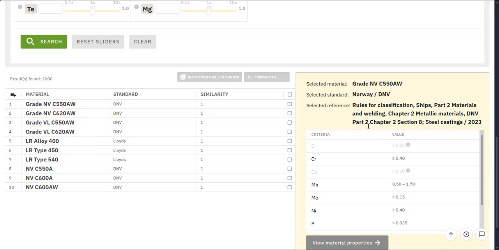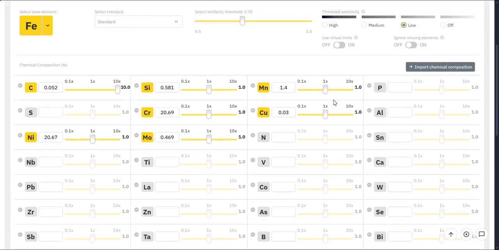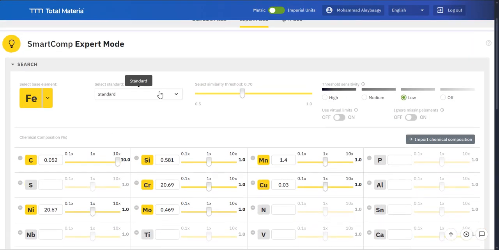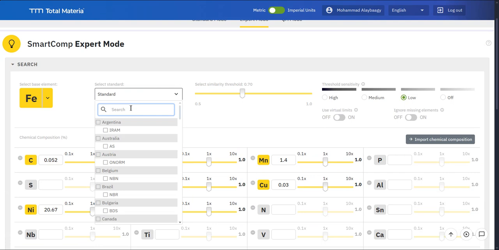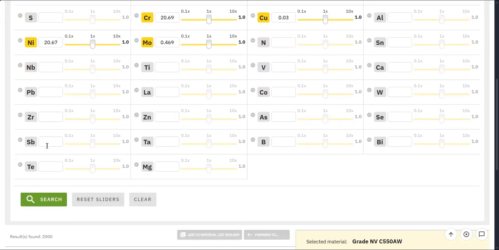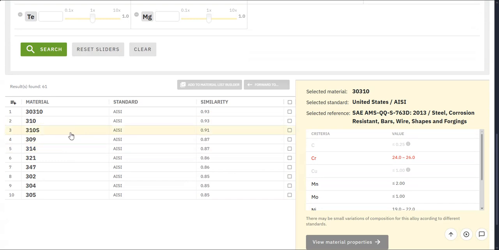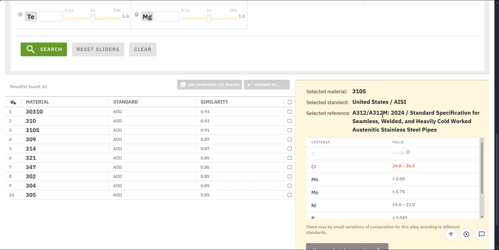Because sometimes chemical composition, okay, same, but different applications, different mechanical properties. So you need to know what you're doing. You need to know your application. You need to know your material. So we will click AISI, okay? And if I search again with only AISI, which is the one in the device, you will find the match, okay? You will find the match that